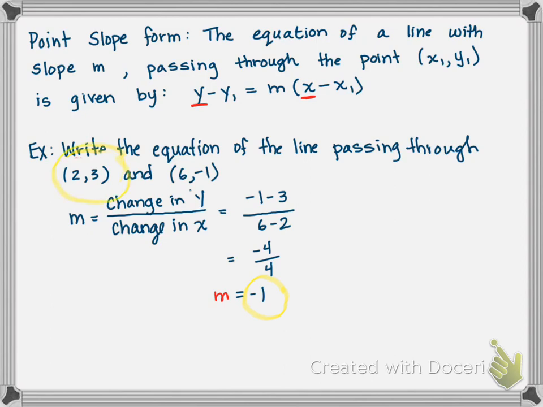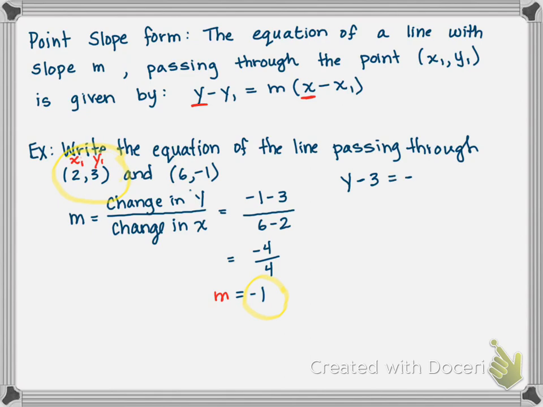I usually pick one that doesn't have negatives in it if possible, because then I don't risk making some silly negative mistake or sign mistake. And so this is my x1 and my y1. So we're just going to put those in for x1, y1, and m in our point slope form. So we have y minus our y value